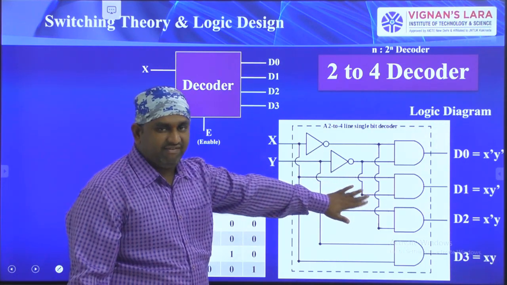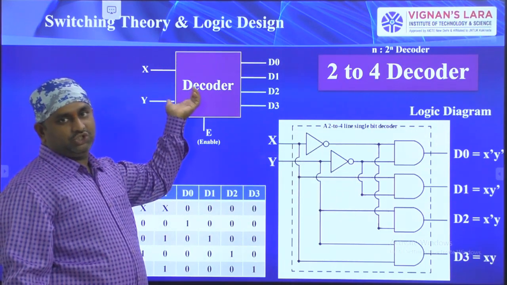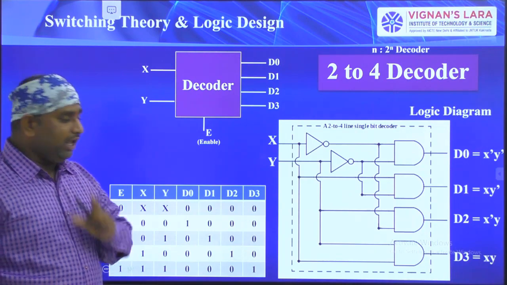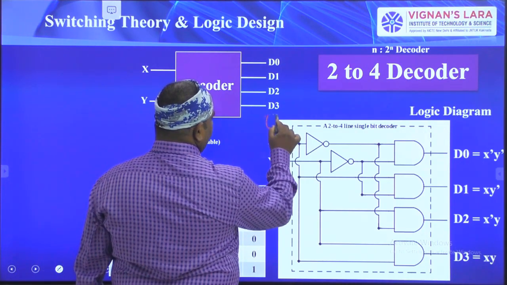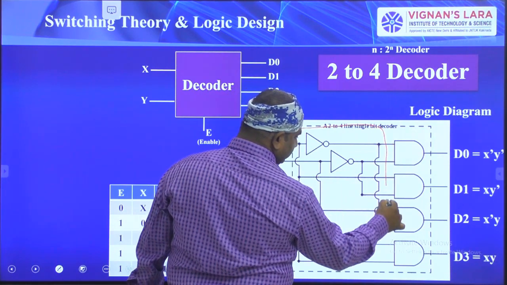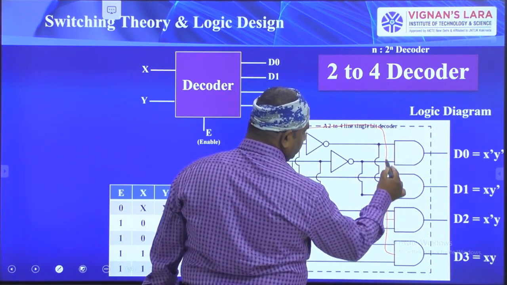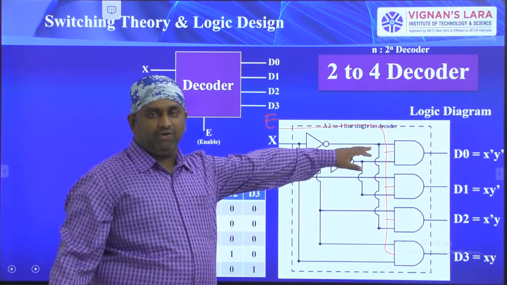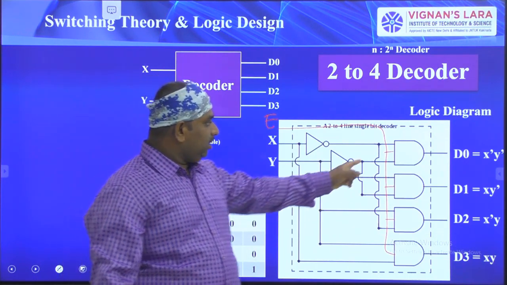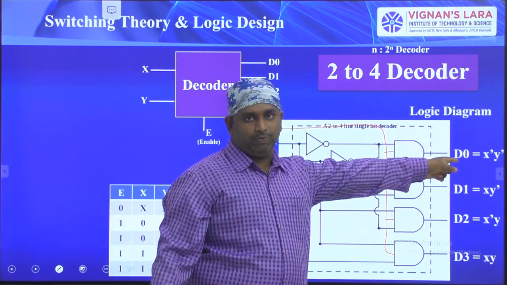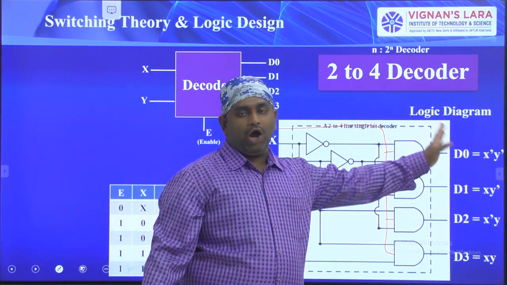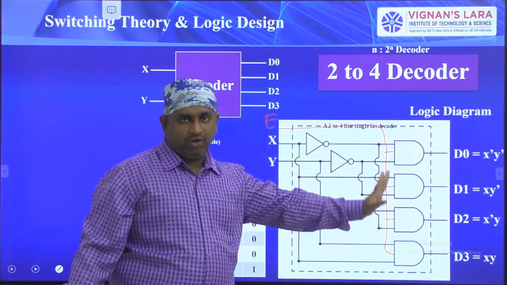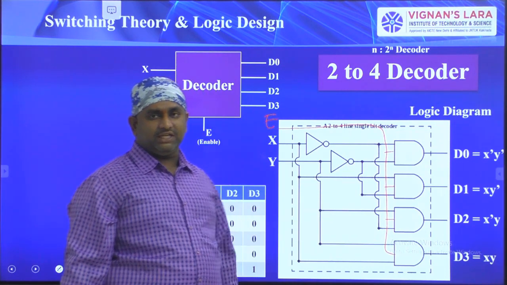This is the circuit diagram available in this decoder box. And I said one more thing that is very important: the enable signal. Here you have to draw one enable signal and connect it to these 3 AND gates. If enable is equal to 1, then only the AND gate will check the remaining combinations. Because if these 3 inputs are 1, then only it will produce the output 1. If any one of the inputs is equal to 0, automatically the output is equal to 0. So the E signal you have to keep always 1 for these AND gates.